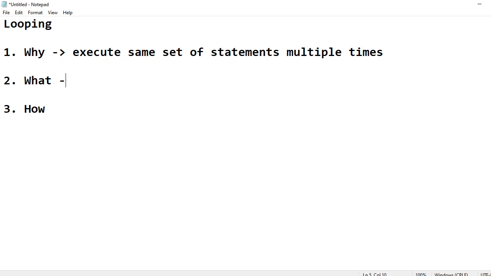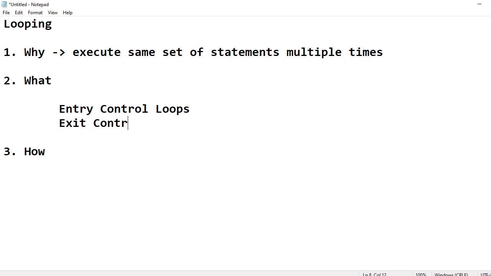Now let us see what is looping. So there are two types of looping statements. So let me write from here. We have two types of looping control statements. First one is entry controlled loop and second one is exit controlled loop.